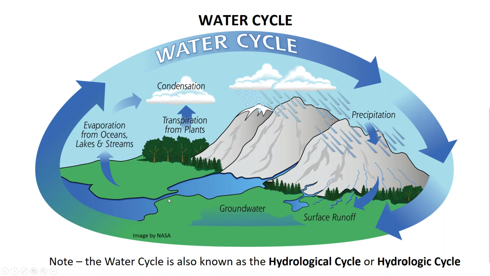So from the water bodies, the water can evaporate. So evaporation off the surfaces of water bodies, but also evaporation off the land, and also transpiration from plants. So when plants take water up into their system, they breathe out carbon dioxide and water, which also goes up into the air and condenses to become clouds. Once again, the clouds go on to drop rain and snow, and the whole cycle repeats.